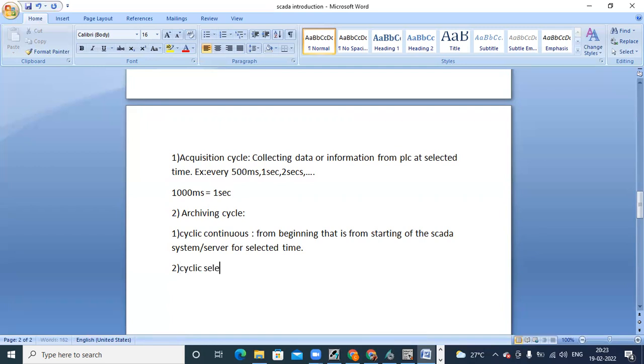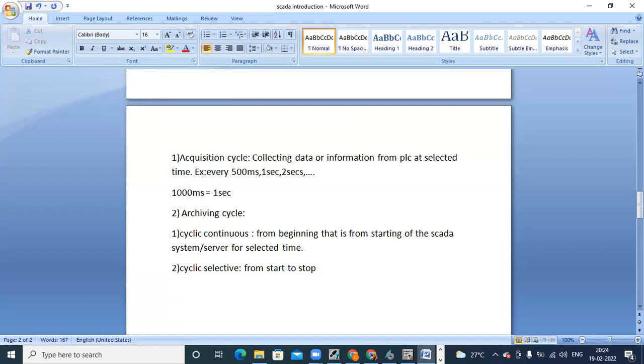Then another example is cyclic selective. Cyclic selective means from start to stop. It's like a batch process. Batch-wise means, for example, a morning batch from 5 to 3, for that only I want to store data, then an afternoon batch like 1 to 10 p.m. So I can select the start and stop of the process.